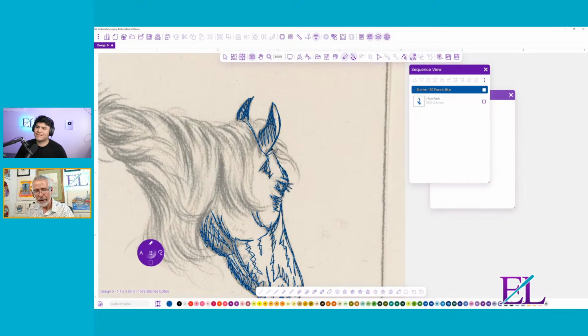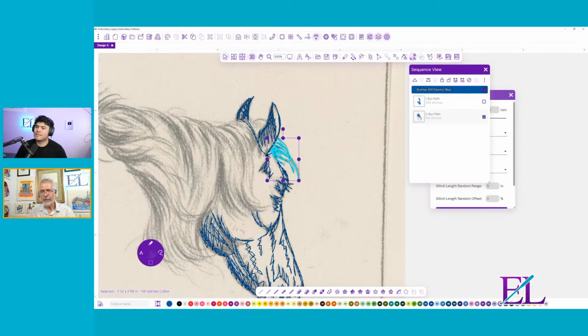And here's where, because the snap anchor is off, I don't see the little red dot appear anymore. But I know that if I start on that black dot, it is not going to create a jumper trim. It's still going to continue sewing, but it's not going to snap to anchor and continue that object. It's going to start making its own object. And it's at this point that I can come in here and very, very quickly just go like that. And now you can see here in the sequence view, I have an object that is set